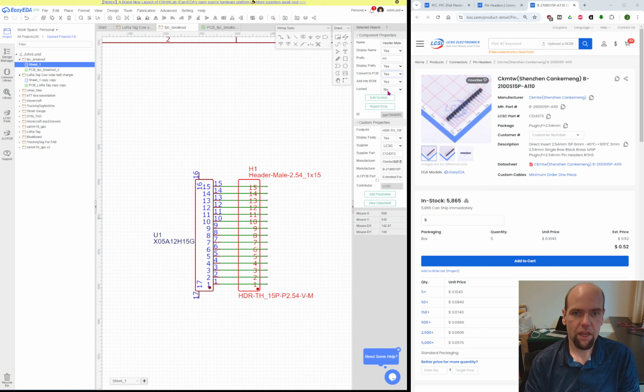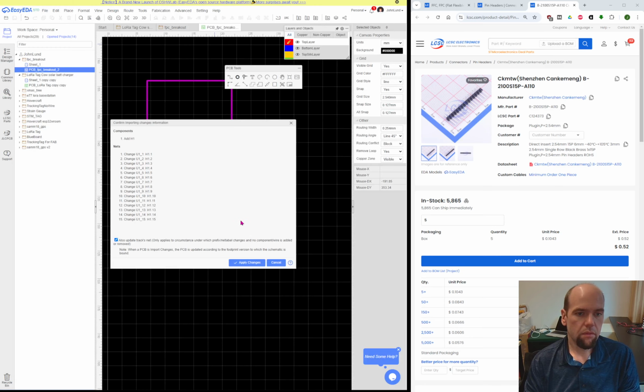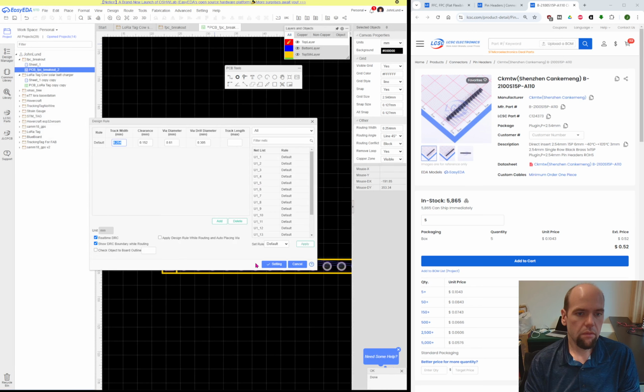Convert to PCB, add the BOM. No, weird. Weird. Well, let's try it again. Okay, so that was weird. And then it pops up these settings